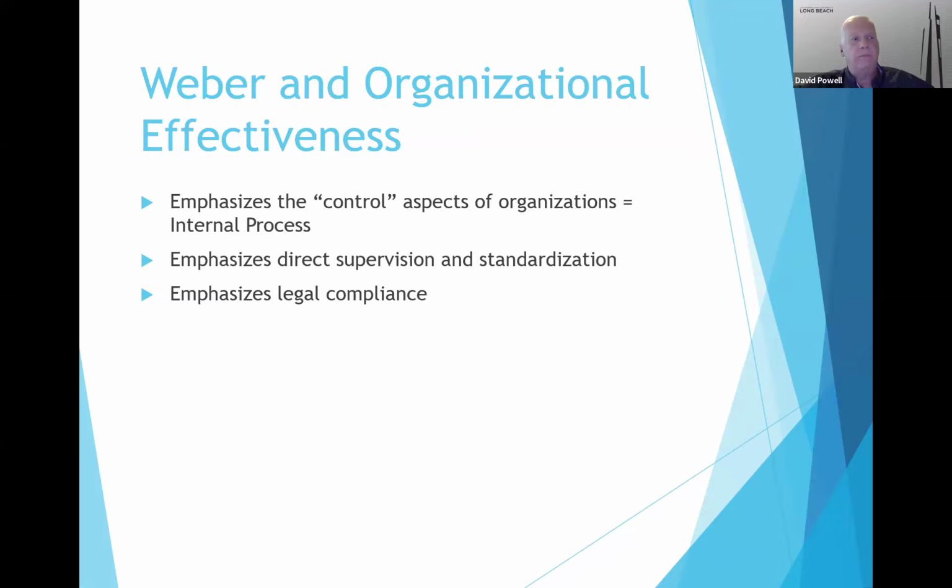Speaking of control, the next question is, which of the mechanisms for coordination and control do we see used by Weber in his idealized bureaucracy? Well, clearly we've got a whole lot of direct supervision. As we said, this is a tall hierarchy. It's a top-down decision-making type of structure. So decisions are made at the top of the organization and then are given down to lower members of the organization. Clearly, there's a lot of direct supervision.